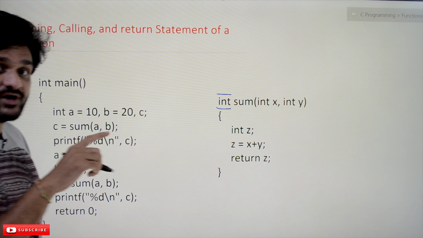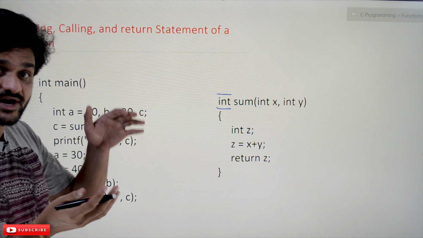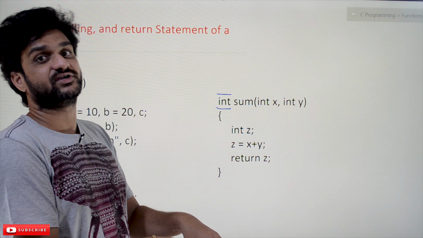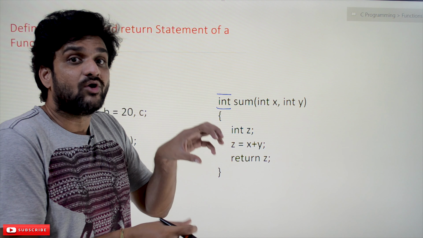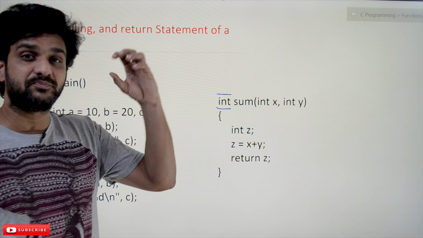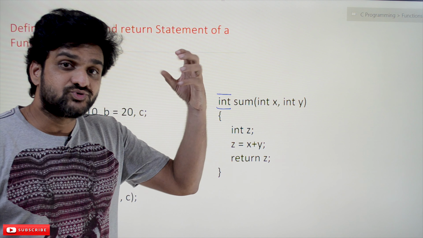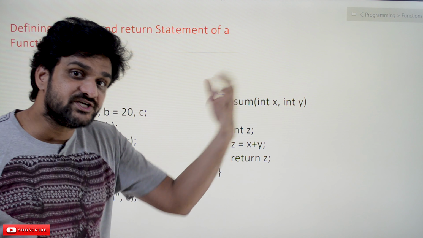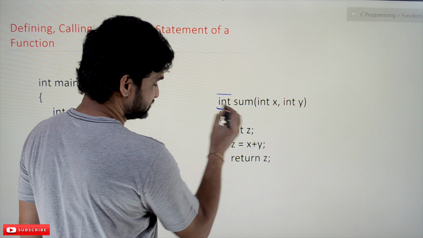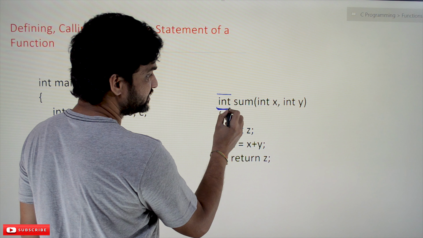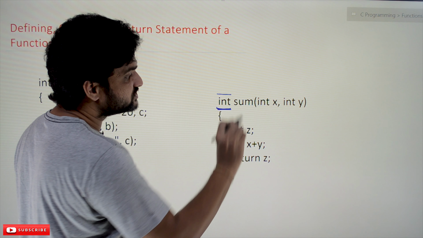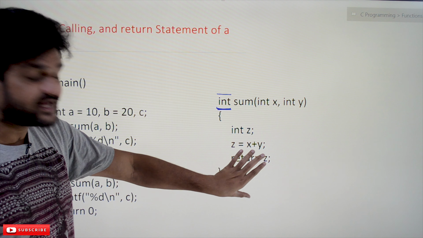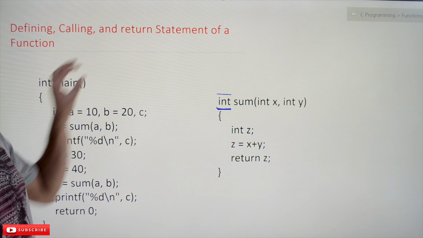So whenever we are defining a function, whenever we are writing the functionality of the function, we have to first state what is the return type of the function. The objective of the function is to do a functionality, means it is going to return a value. So that value that needs to be returned has to be mentioned. So here we have mentioned it as int, means the entire job of this function is to generate an integer, and that generated integer has to be returned.